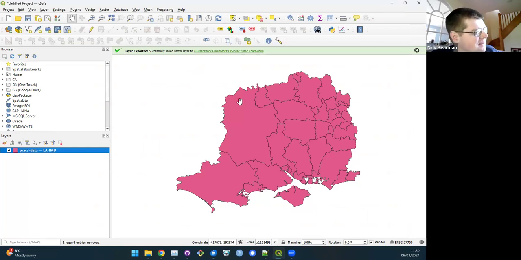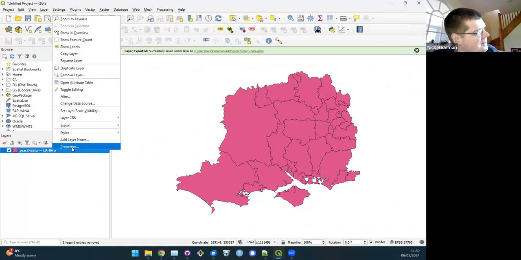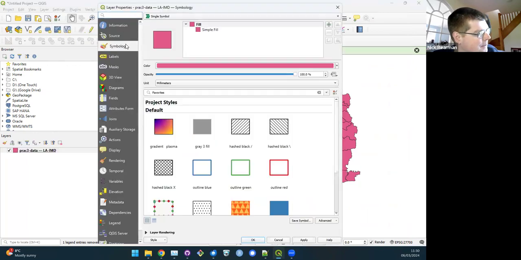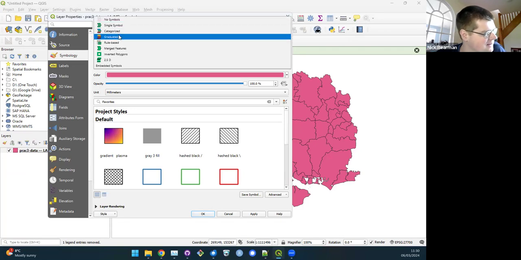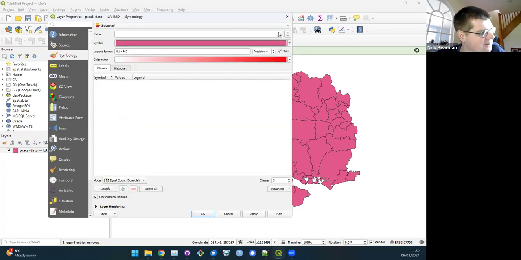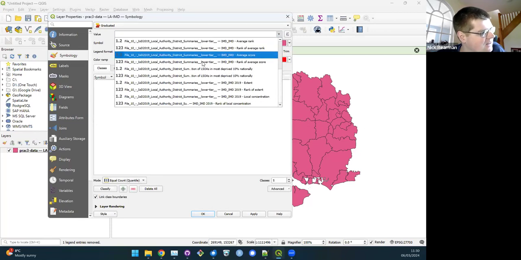And we can symbolize this as well. So we can right click on here, choose properties, symbology. At the moment, everything is symbolized using what it calls single symbol. So everything is the same color. We want to show our IMD score. So if we choose graduated, and then where it says value, if we go down here and choose IMD average score,